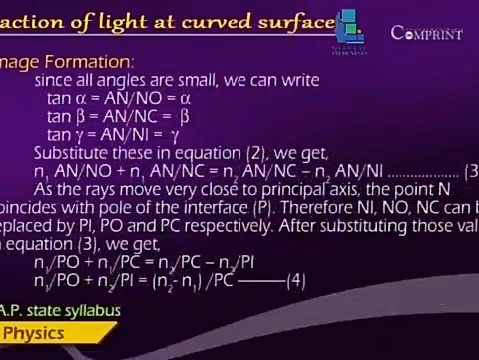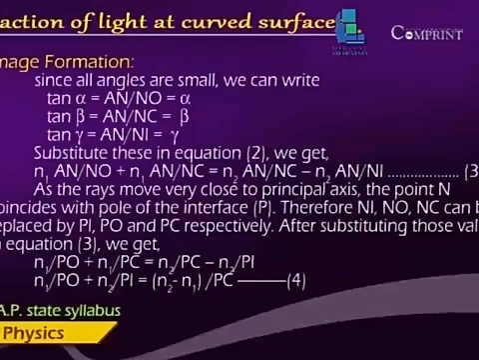Since all angles are small, we can write tan alpha is equal to AN by NO is equal to alpha. Tan beta is equal to AN by NC is equal to beta. Tan gamma is equal to AN by NI is equal to gamma. Substituting these in equation 2, we get n1 AN by NO plus n1 AN by NC is equal to n2 AN by NC minus n2 AN by